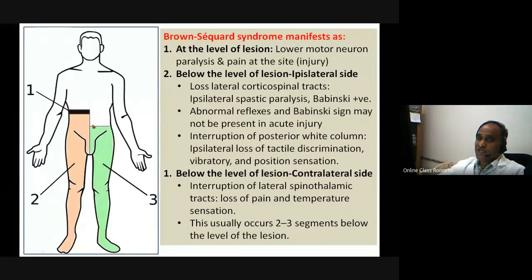That is why you see there is no leveling here. It is not happening here. So there is a 2 segment difference in the sensation of pain and temperature. This is Brown-Sequard syndrome. I will be coming back to Brown-Sequard syndrome once or twice more, and I will be revising it. This is one of the commonest things that happens neurologically, and the commonest thing asked in your examination.